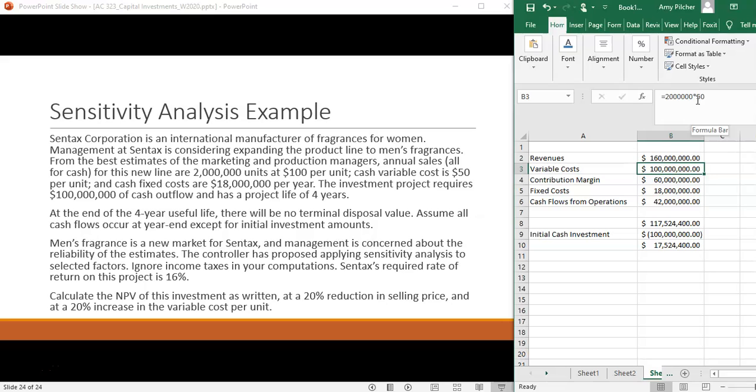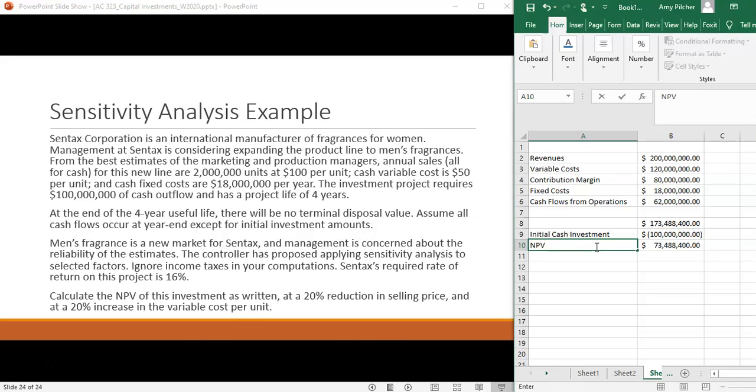The third example says, what if we just have a 20% increase in the variable cost per unit? So we're going to reset our revenues to the original amount, and now we're going to do a 20% increase on our variable cost. So 20% of $50 is $10. We're going to increase our variable cost to $60. That resets all of our calculations. It tells us that our cash flows from operations then are $62 million and gives us our net present value of the project of